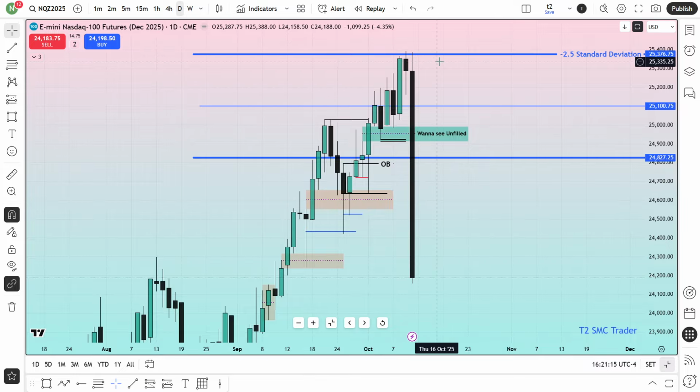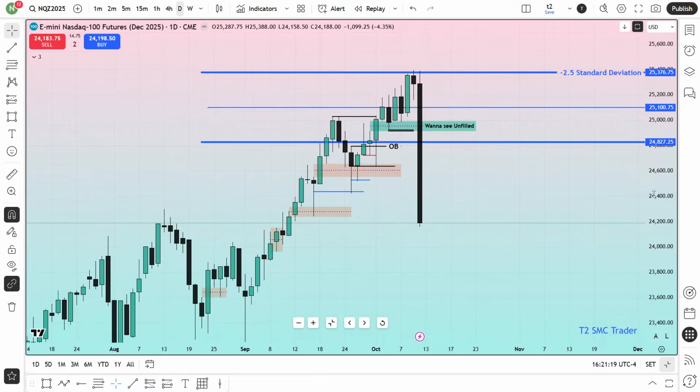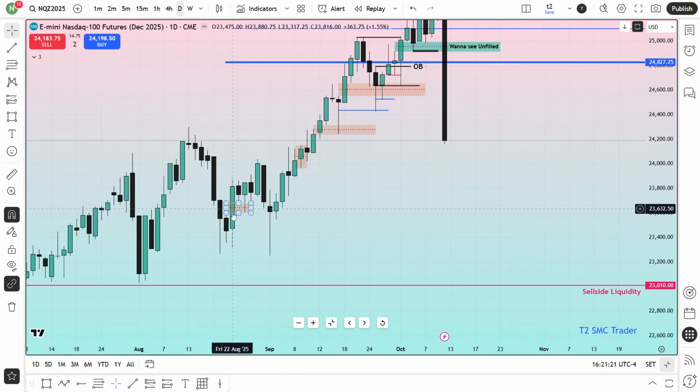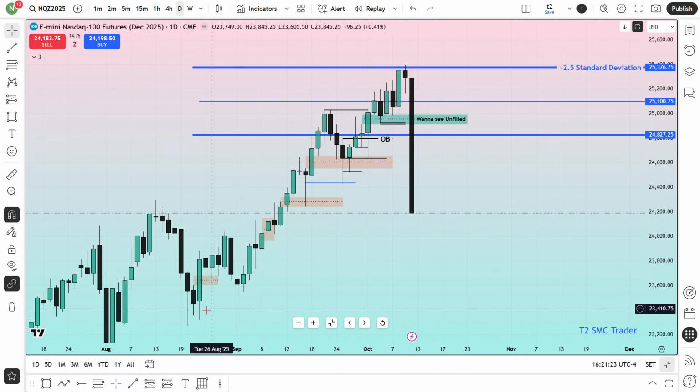This will prove that this market is algorithmic. This line has been marked from there, right? We didn't know how far it would go. So we have marked the standard deviation level over here. Again, that is according to me. That is my standard deviation. So please don't get confused and say that ICT didn't say this should be marked.